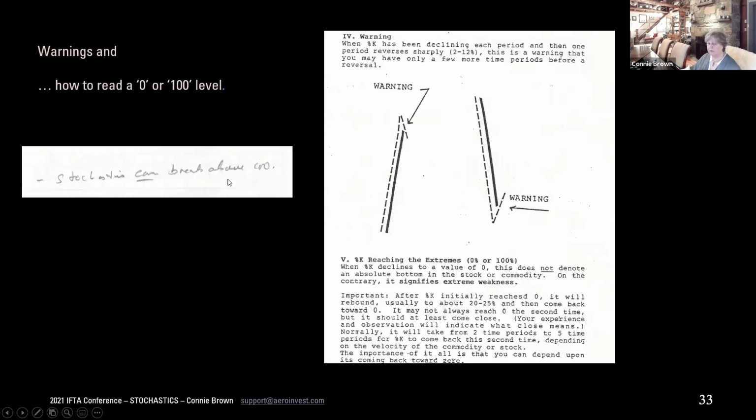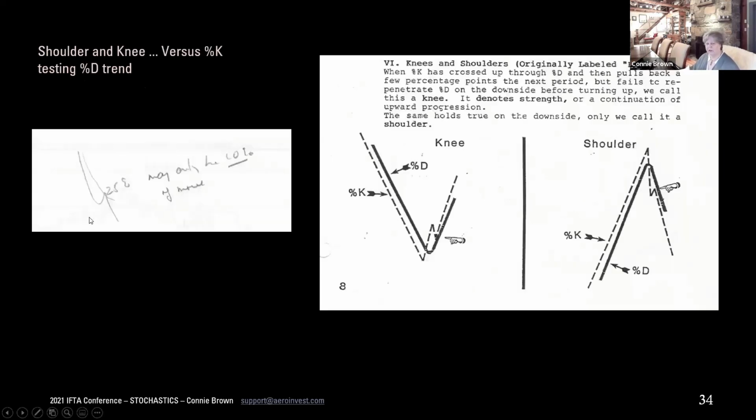Stochastics can break above 100. I remember asking that question because before the course, I was plugging into CompuTrack and discovered I could get just playing around stochastics over 100. So of course I can go over 100. But here's the explanation. When percentage K first makes its turn, don't wait for D to turn, get out. Here's another reference to why you've got to purge your head to 2080. Here, you're getting what's called, he has a formation, and that's why percentage K has to be 5, not 3, or you don't get the formation.